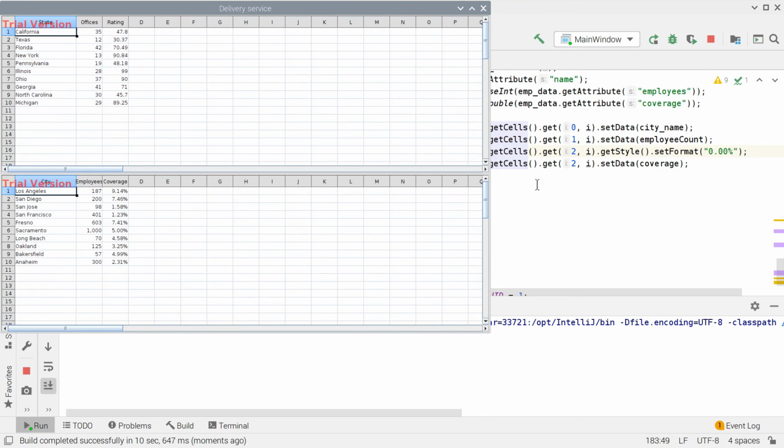Here it is. When we click on a state name, the data in the second grid gets updated with the list for its cities. We click on an empty cell, no reaction. We select a row. The data gets refreshed. So, we are already implementing the spreadsheets.